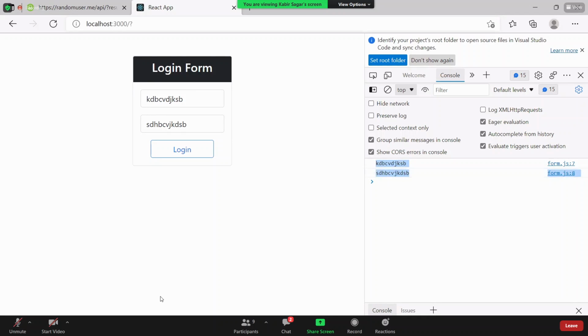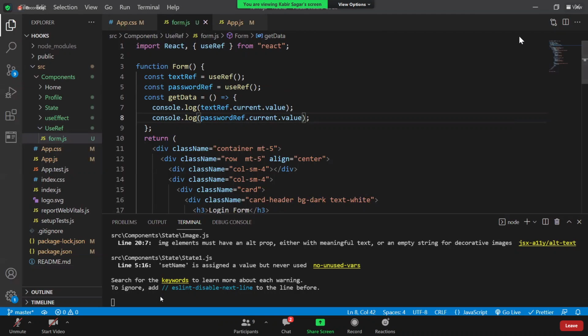Now once you get the data, send this data to the server in some API. That's it. That example we will see once we start it end to end. We will create our own server-side Express.js application and MongoDB, and from here we will send the data so that it goes and is stored in our MongoDB. That entire flow we will create. Up to here, we just learned how to take the data from these text boxes.